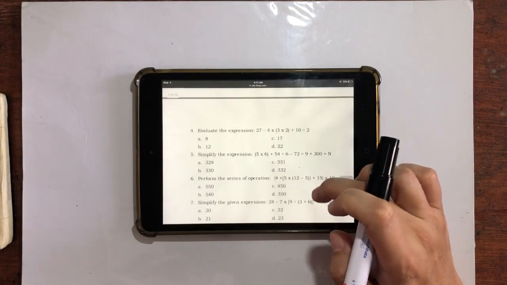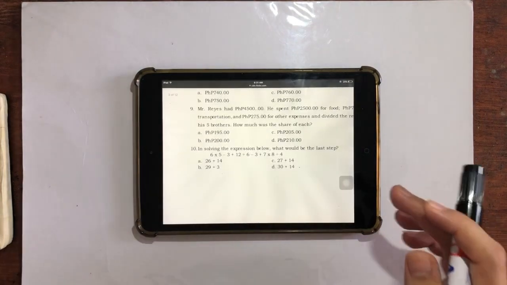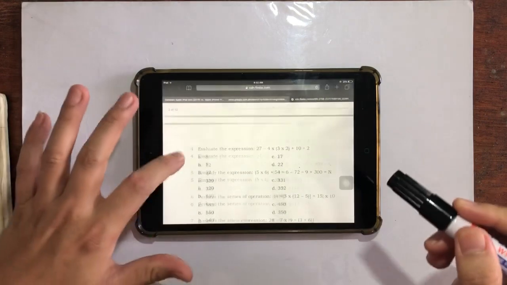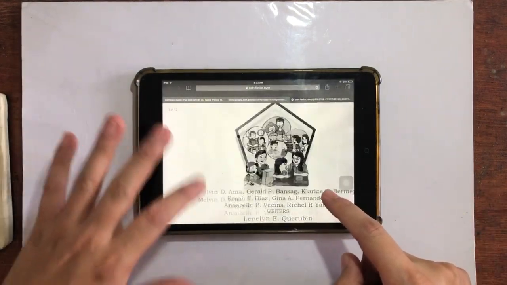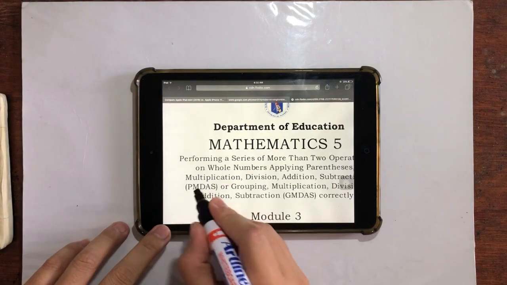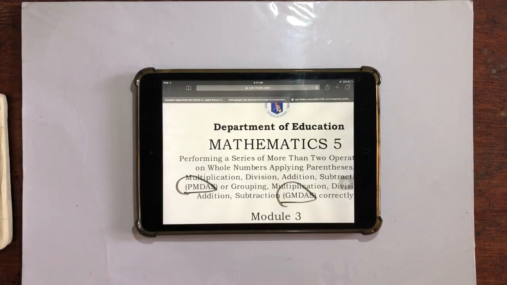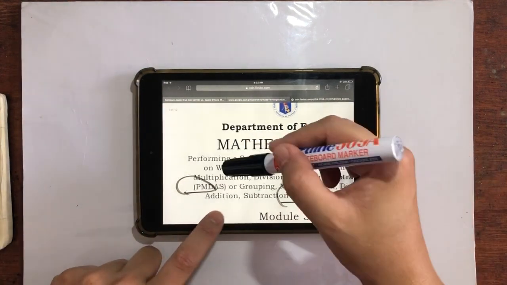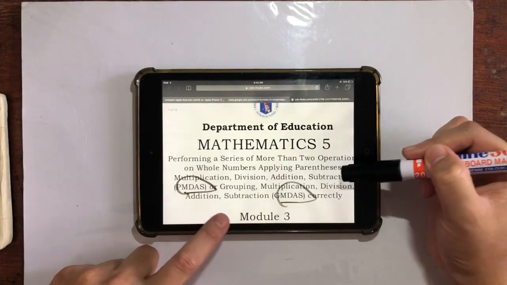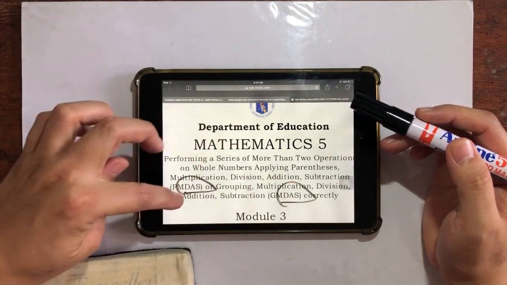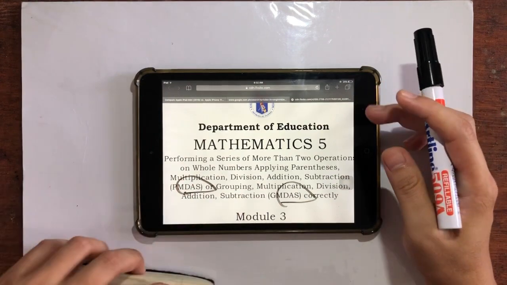So, there are different choices. So let's find out. But there is a proper way of getting the correct answer. That is why we will use what we call the PMDAS, sorry. And the other one is the GMDAS. So what does PMDAS mean? That is parentheses, multiplication, division, addition, subtraction. And then the GMDAS is grouping, multiplication, division, addition, subtraction. Okay? So that is the